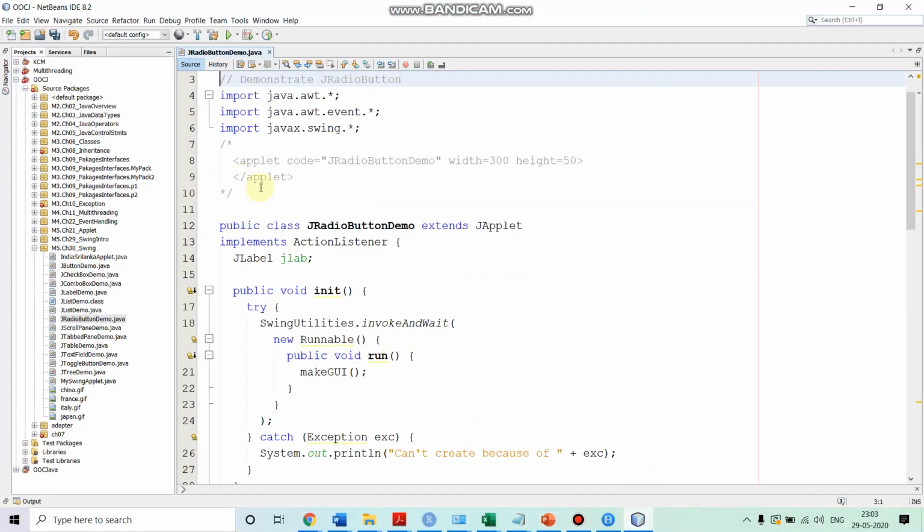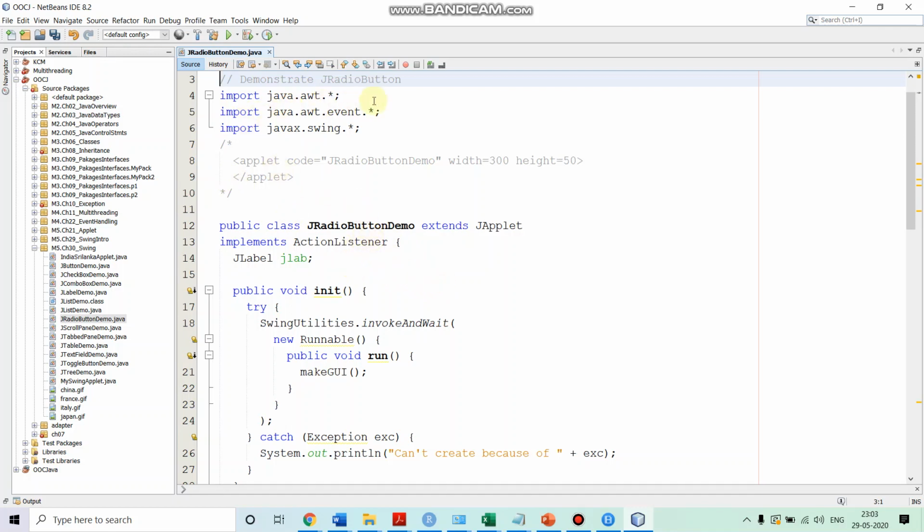We are implementing a class called JRadioButtonDemo. It is an applet, so it is extending JApplet, and it is also implementing ActionListener, because we need to provide the implementation of the actionPerformed method.